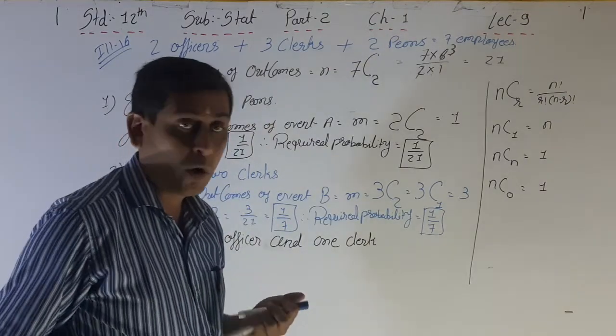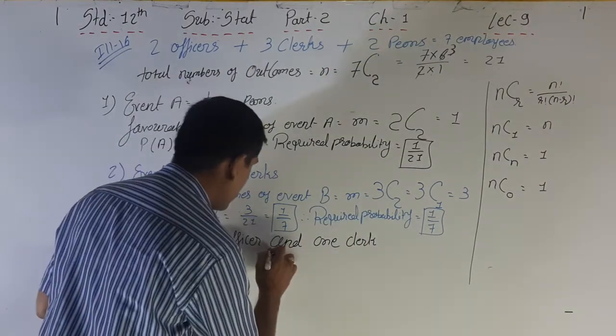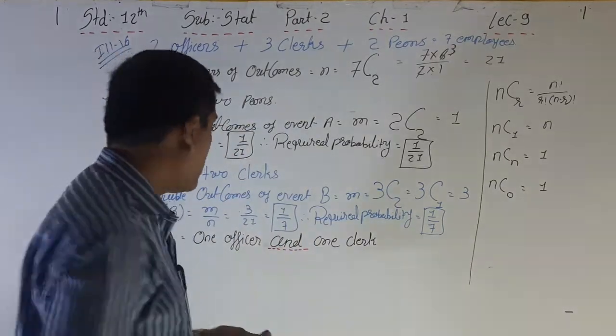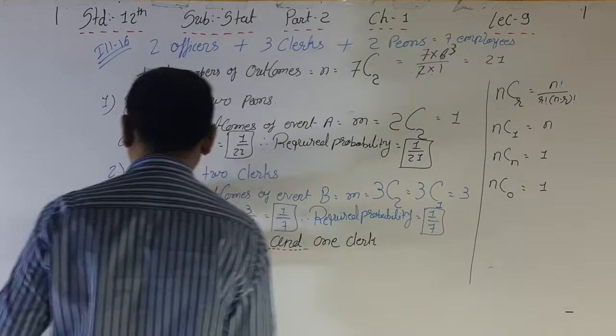The important word is here and. Okay, so here the event C, that's why favorable outcomes